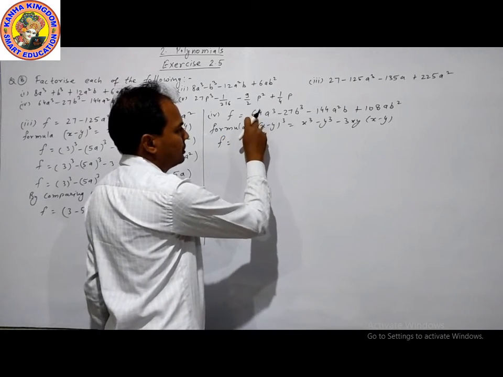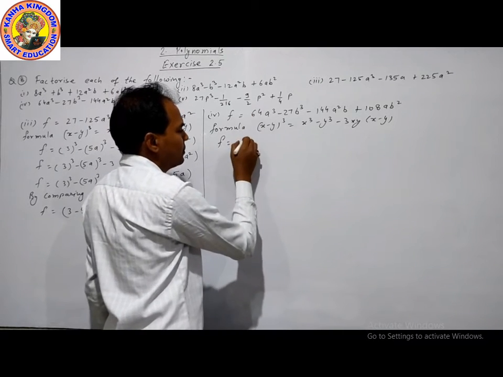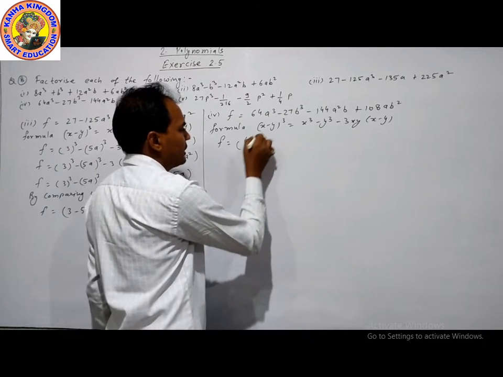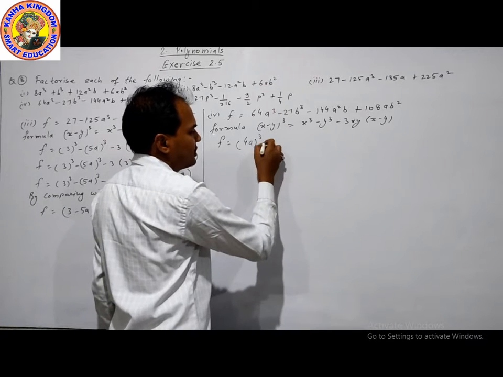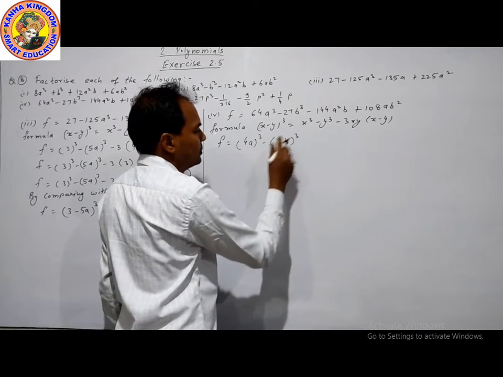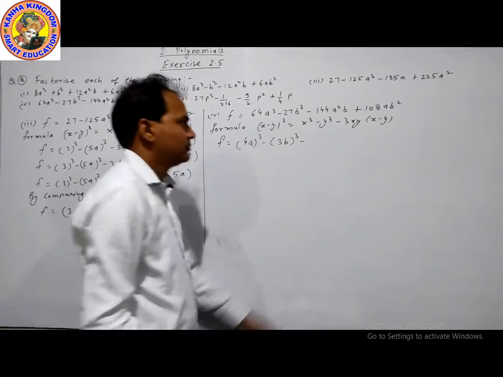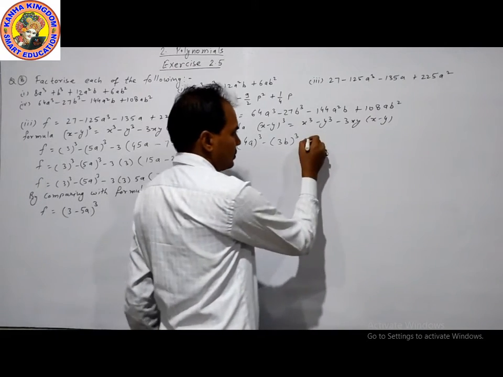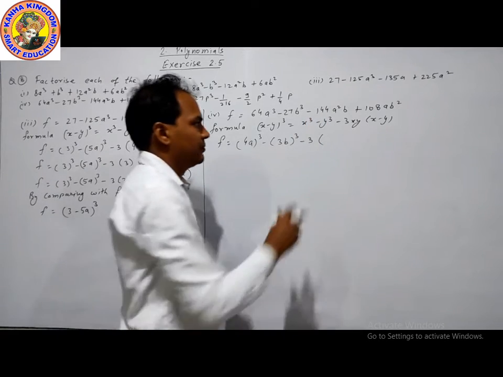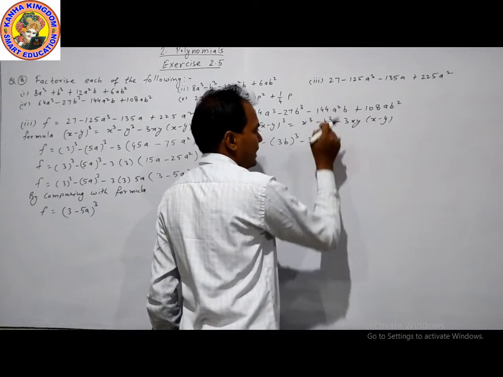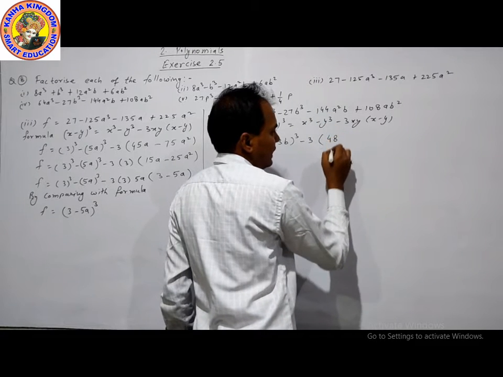x cube is 64. The term which has the cubic is 64, which is 4 cube, so 4a cube. 4 cube is 64. Then 27 b cube, this is 3 cube, so 3b cube. 3 cube is 27b cube. Now taking minus 3 as a common. Only minus 3 will be taken as a common part. Dividing by 3, first of all, minus will be taken common. Now dividing by 3: 4 times, then 8 times.